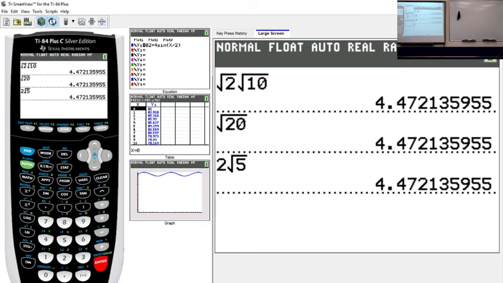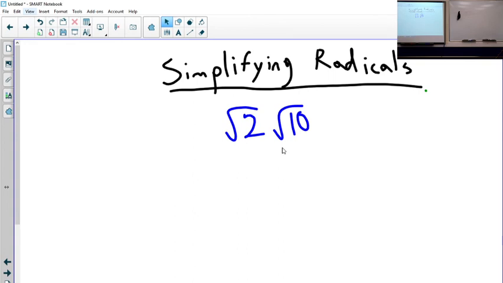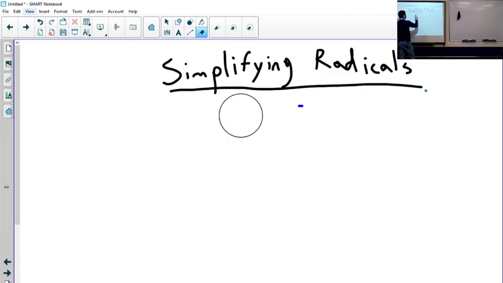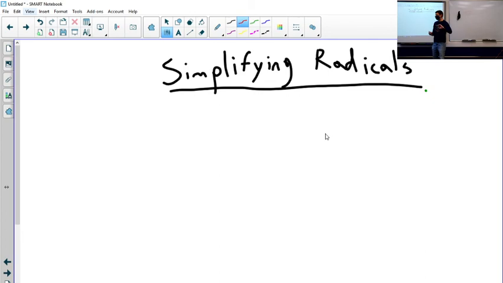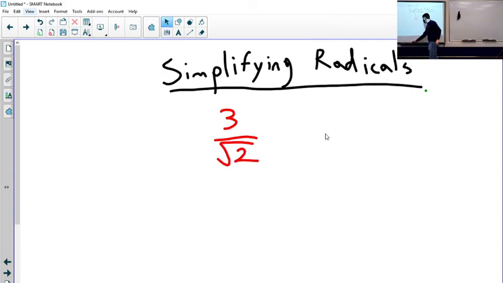Okay, one more idea to throw at you. This is a new one. This is something that we haven't done, but I want to introduce you to the idea because it's something we're going to do more next week. The idea is that I don't want a square root on the bottom of a fraction. I don't want to be thinking about dividing by the square root of something. So I'm going to simplify by getting the square root out of the bottom. And the way that that's going to happen